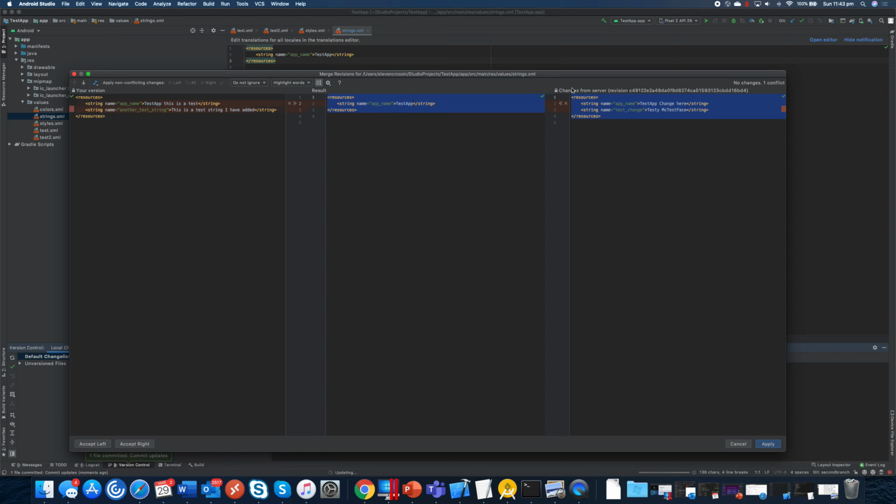So there's a couple of ways you can do this. You can either say accept left, which is accept your changes and overwrite what anyone else has done on the server. I would never recommend doing that. You can accept the right, which discards your changes and will basically overwrite your project with what was done online. You can do that if your change is minor, and then manually introduce your code later. The alternative thing you can do,